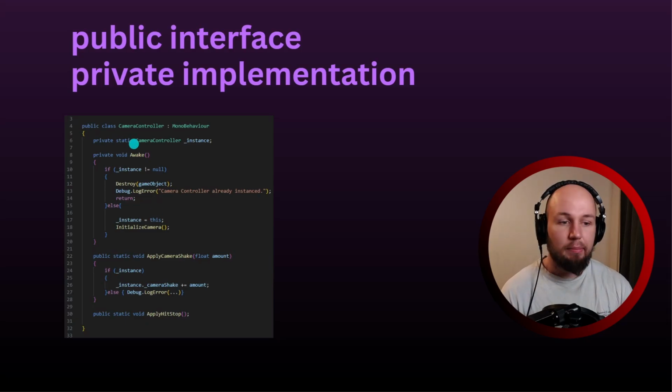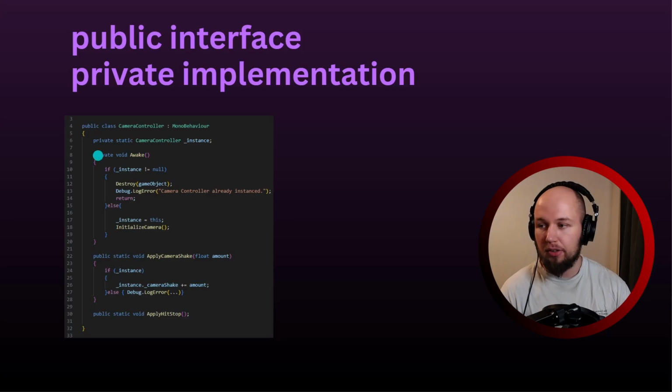Basically what static means is that the static variable can be accessed from anywhere within your project. Any piece of code can reference this variable, whatever is stored in it. So since in the awake method we set the static instance variable to this, the camera controller script that is calling this method, that means that anywhere we have access to the camera controller instance. Although it's private, so only other camera